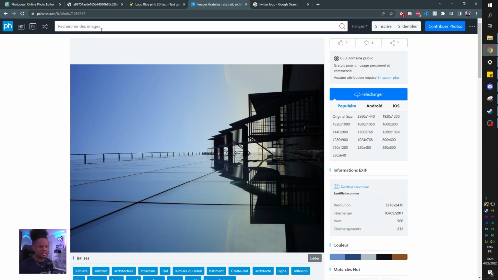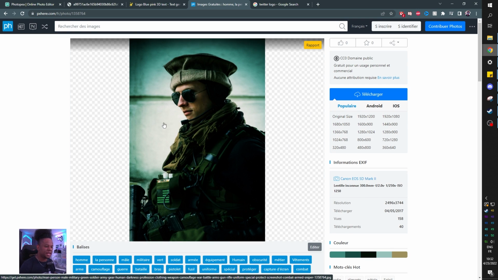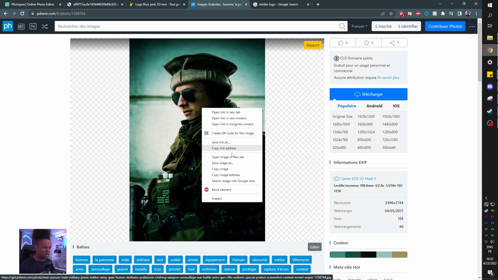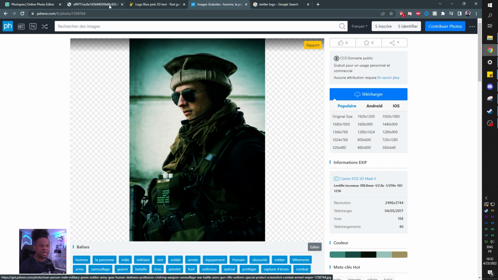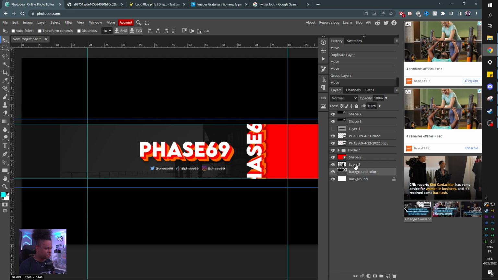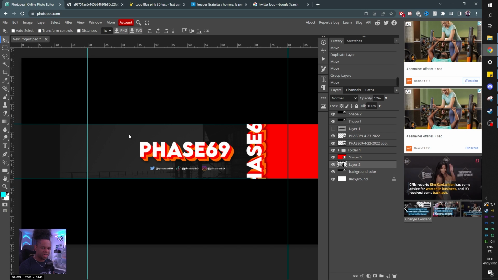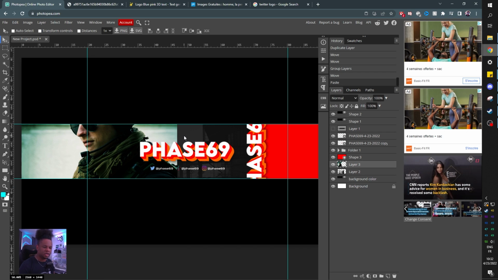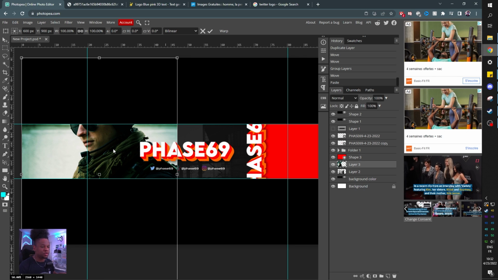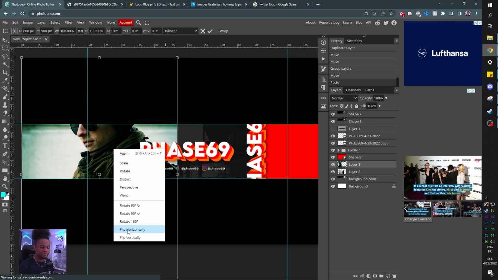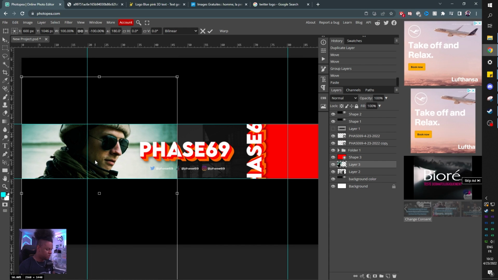In this case, I can go back to Pics here and let's say I ended up typing weapon and I found this image. So we're going to be using this one. I'm going to right click, click copy image. And then in here, I'm going to click on background. I'm going to make sure it's on top of that layer. I'm going to press Control V. All right, Control Alt T. And from there, when you're in the transform tool, you can right click and flip horizontally. Nice. Okay, so not bad.